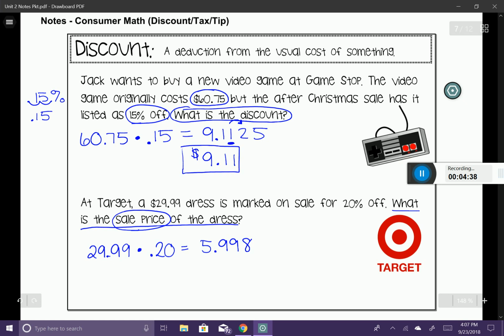All right. So that right there, I need to go ahead and take that number. I need to round to the hundredths place. So I'm going to underline my hundredths place, and I'm going to look to the right. You can see it's 5 and above, so I need to give it a shove.